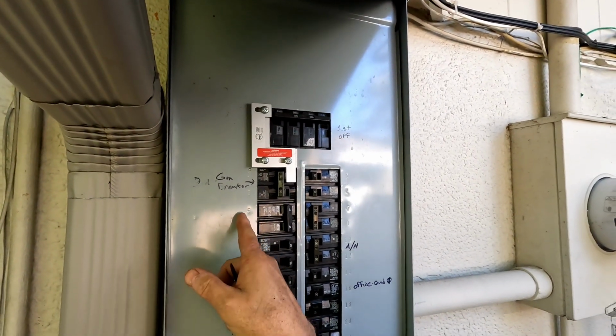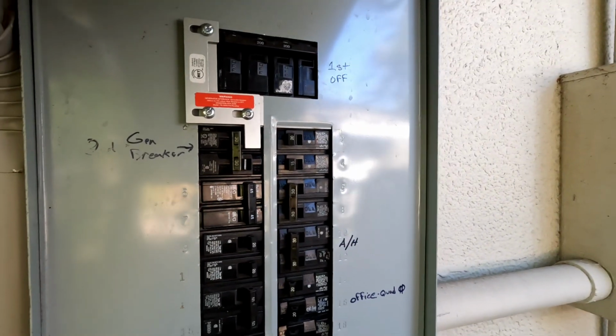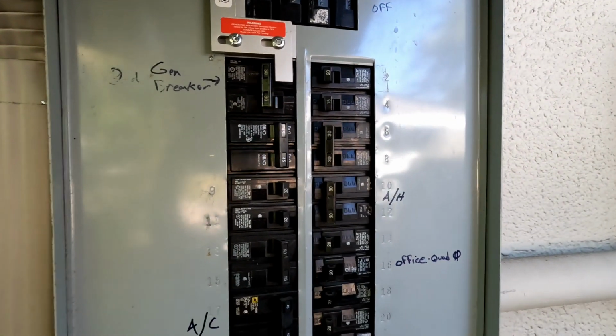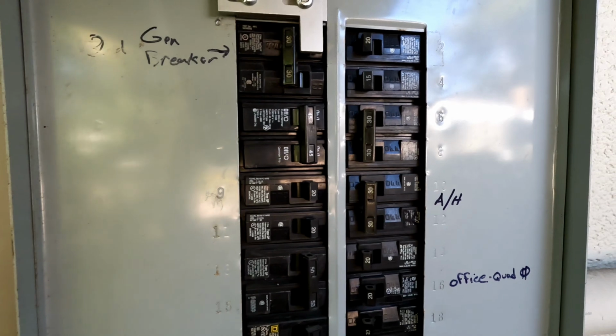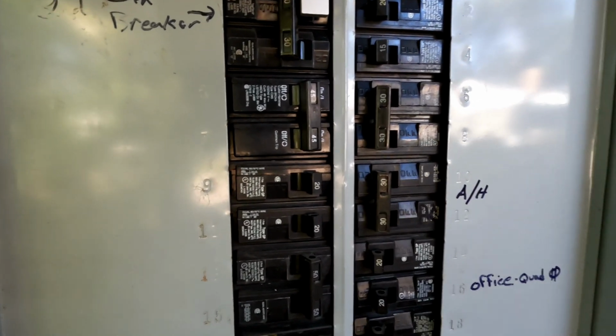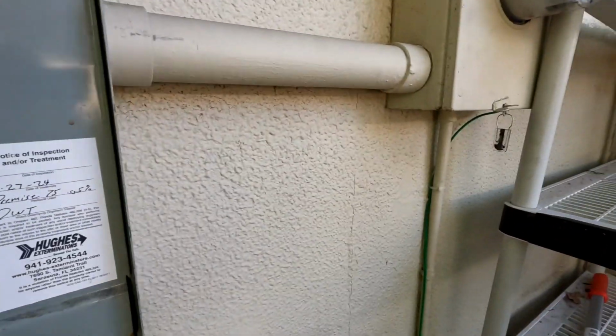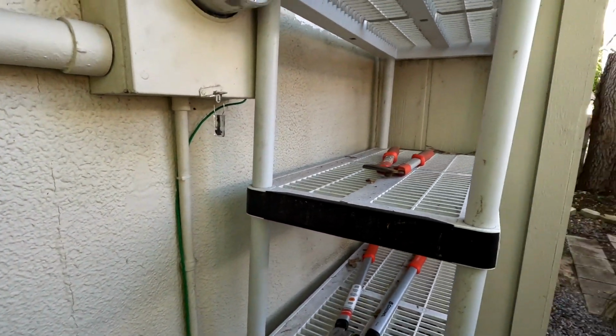Okay. So 5 and 7, you got a 45 amp breaker. And has that ever tripped? It's never tripped. We just got the E5 error code, but it's never tripped out here where it pops. You never had to go reset this? No. So it's not pulling that many amps, but